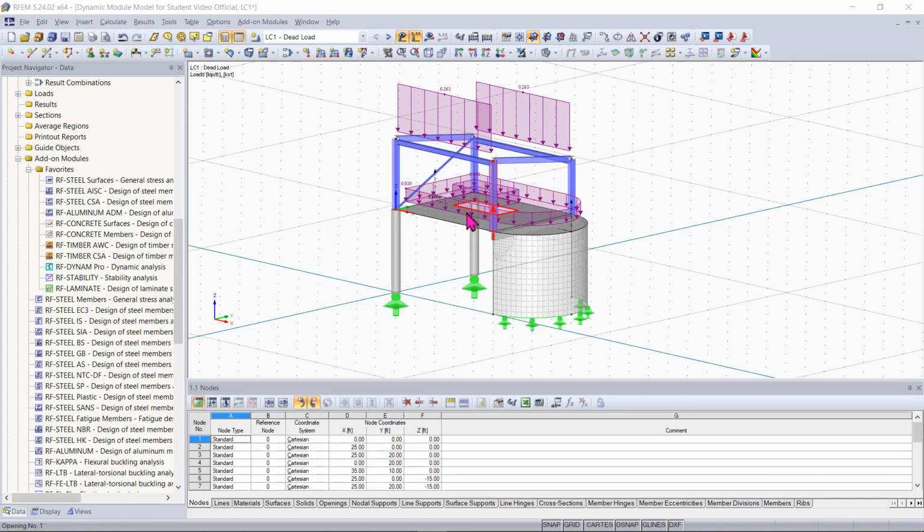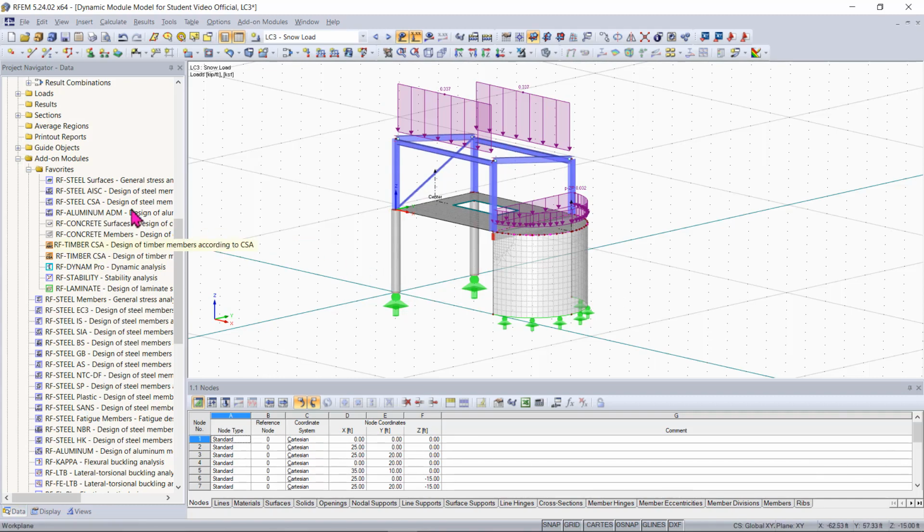One thing I would like to note is natural vibrations is a prerequisite to all other dynamic modules, and this determines what the natural frequencies and mode shapes of the structure are and must be done before an RSA can be run. So first we can go through the loading of the model. Here you see I have my dead load applied to my model as well as my live load and my snow load. So now the first thing we want to do is go ahead and open up the add-on module